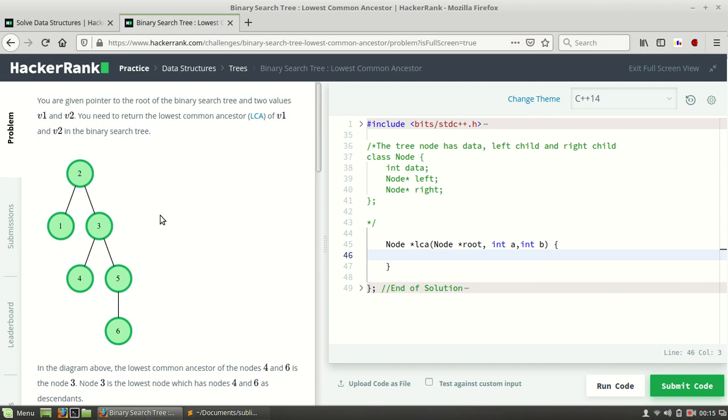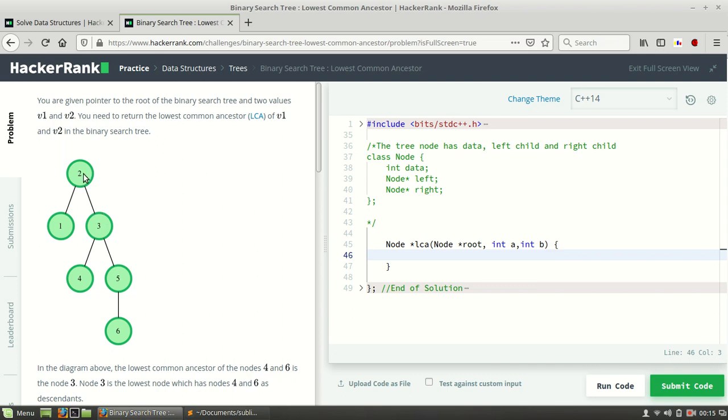There are a lot of videos on binary search tree on YouTube. Okay, so in a binary search tree, the condition is the smaller number will be at the left of the root node, and the larger number will be at the right of the root node. Okay, so with this logic only we will solve this problem.